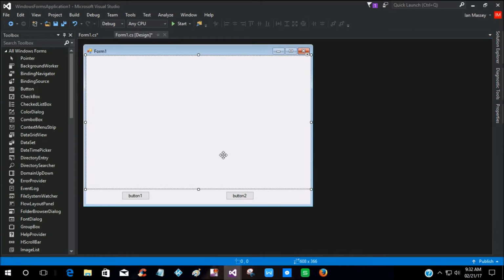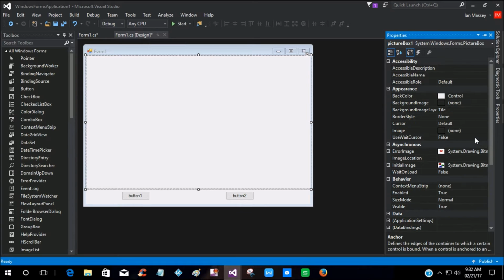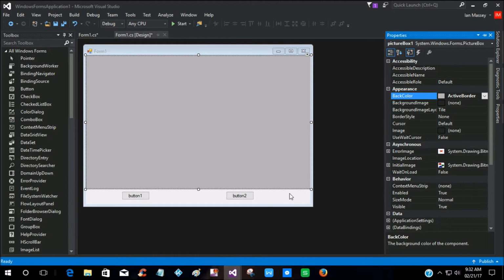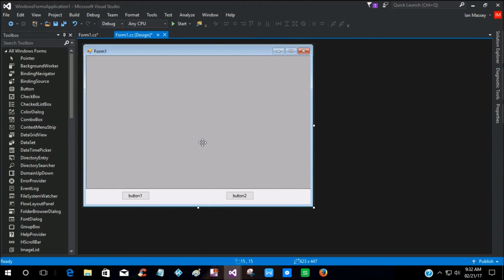And then we're going to add a little bit of color to this. When you click on your properties, you're just going to go to back color, click control, and click a different color to give it something like this right here. So now whenever we start the application,